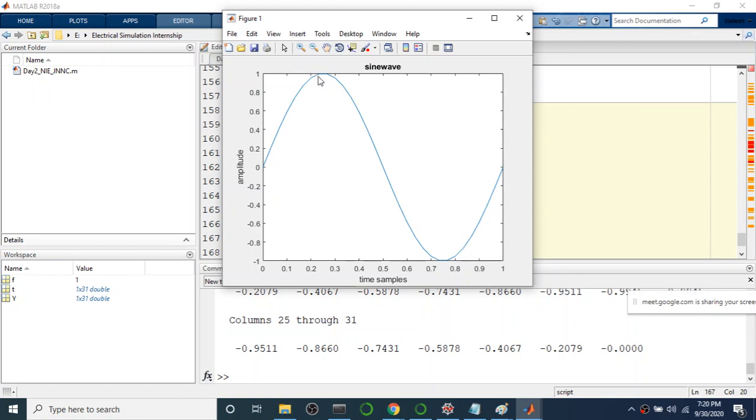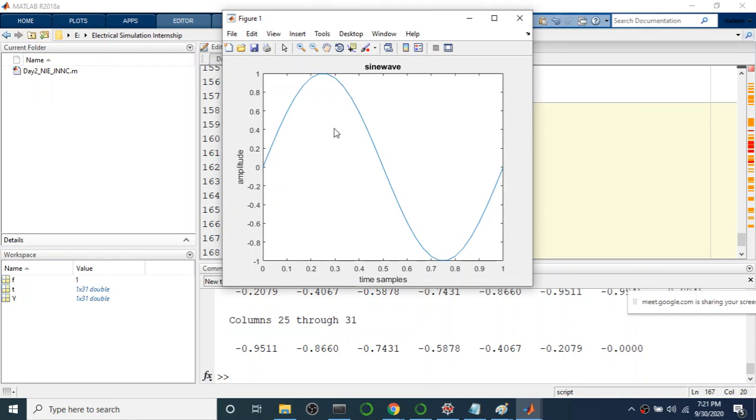What do you call this point? Peak, right? Maximum peak, and this is called the minimum peak, right?